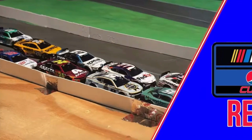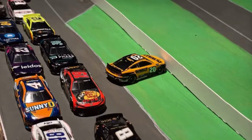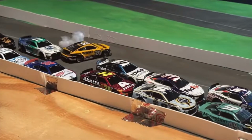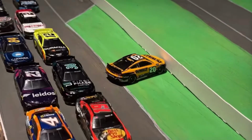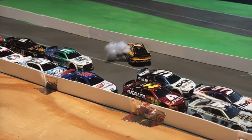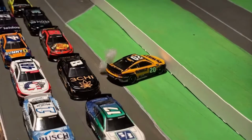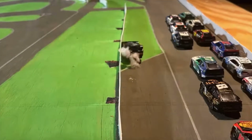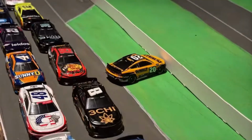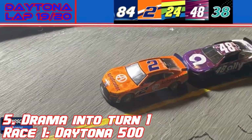Let's take a look at what happened here. Just got turned by Chris Buescher. I don't know if that was a late block or if Buescher tried getting back in line. It almost looks like it was a late block on Christopher Bell's part. He just turned himself off the nose, and it looks like once he hit the wall, he didn't really scrub off much speed because that inside wall is not too far from the track here at Indianapolis. He didn't scrub up much speed, it looks like, and when he hit that... Coming out of turn number 4 here at Daytona,